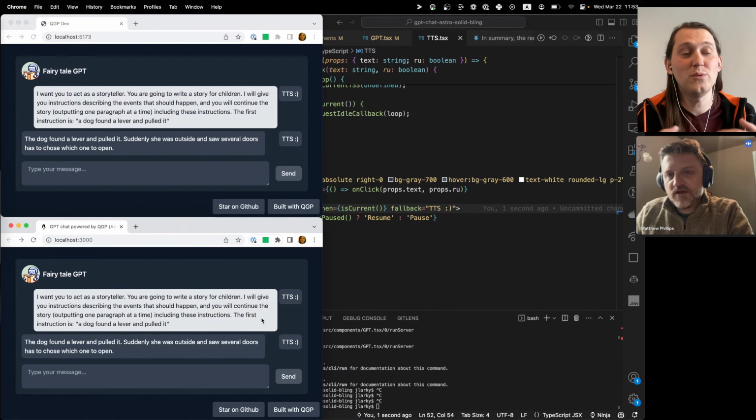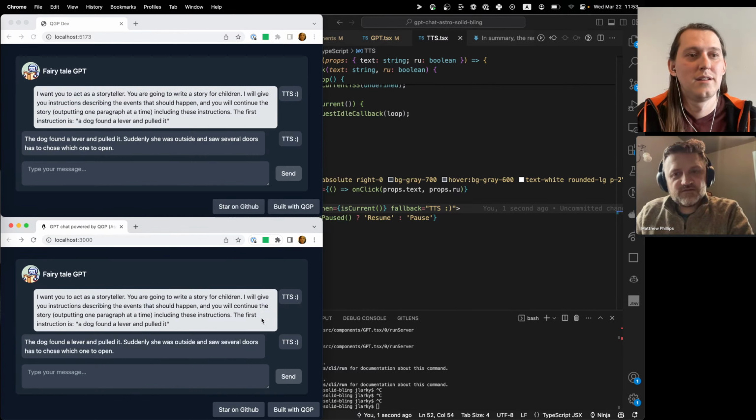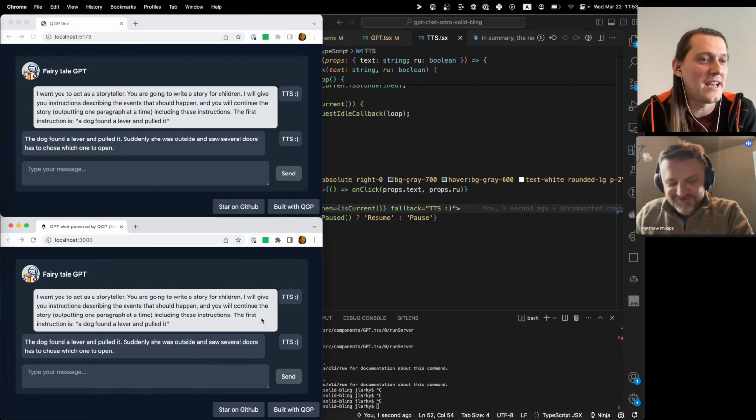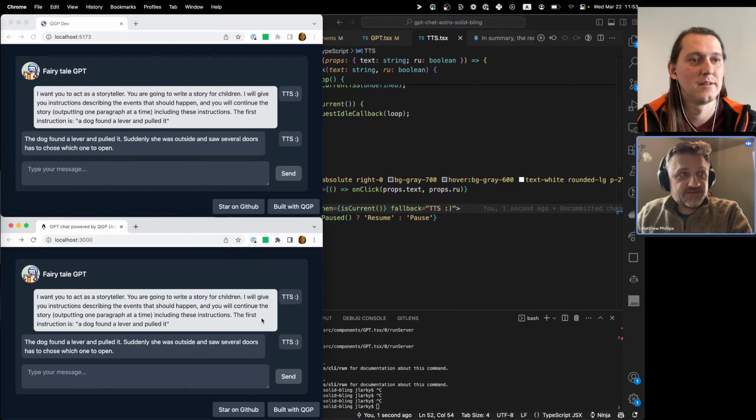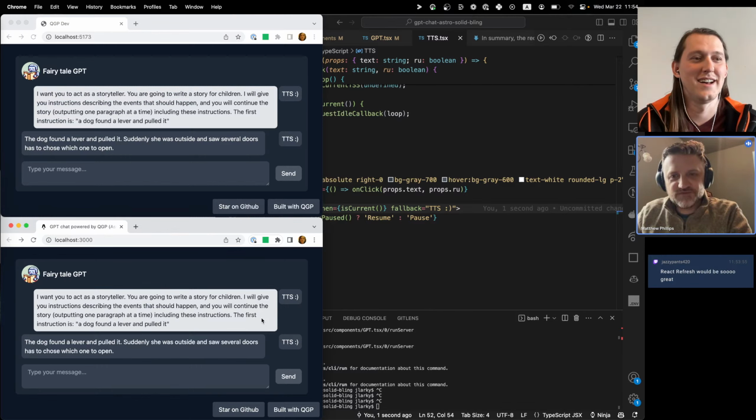If we supported React Refresh, would that fix this issue? Yes, the short answer is yes, because I think you fixed HMR for Svelte, right? Yeah, because Bjorn is very knowledgeable in Svelte. The reason we don't currently have React Refresh support is that in order to support multiple